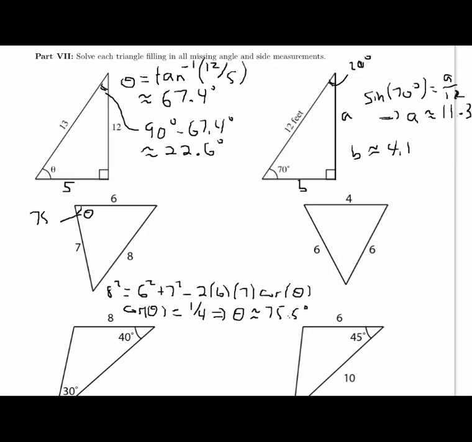So the angle that was called theta here is 75.5 degrees. If I do the same kind of calculation for the other two angles, I'll get this angle is 57.9 degrees roughly, and the other angle is 46.6 degrees. Now in the second triangle, this is an isosceles triangle, and so I find that I actually have